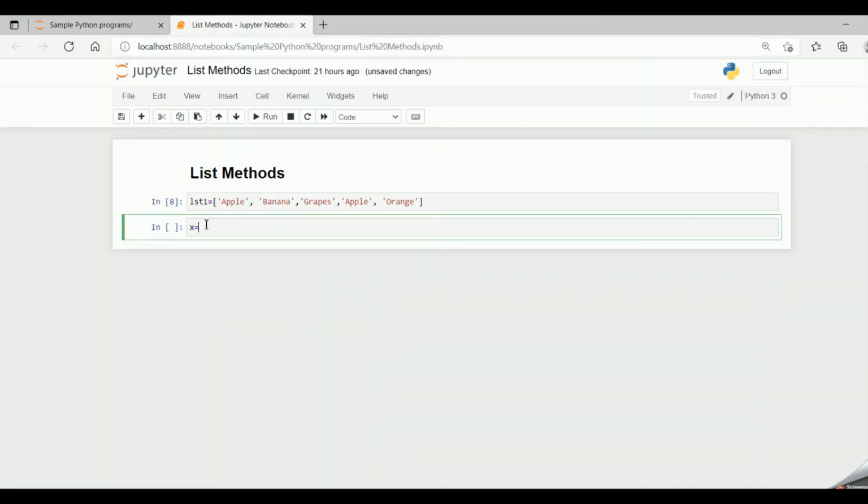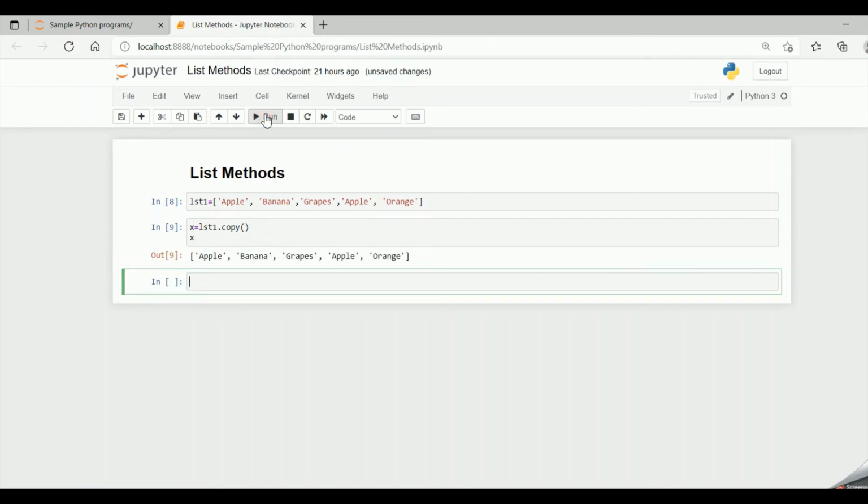Now if I print my x, it will have the values present in the list, that is apple, banana, grapes, apple, orange.